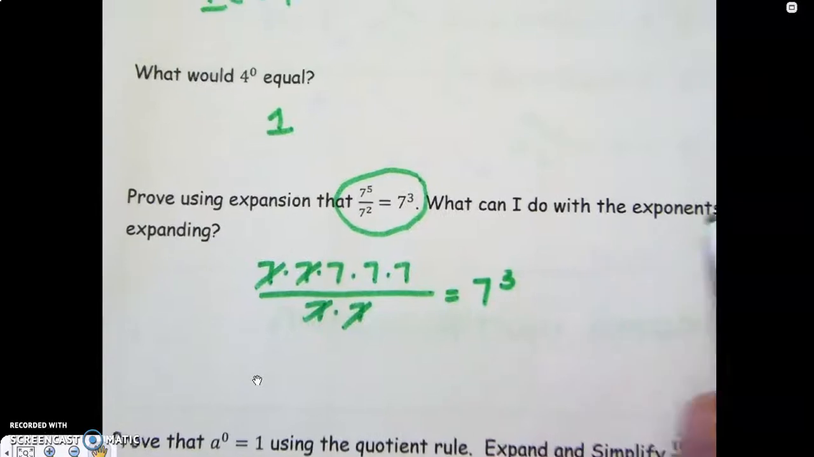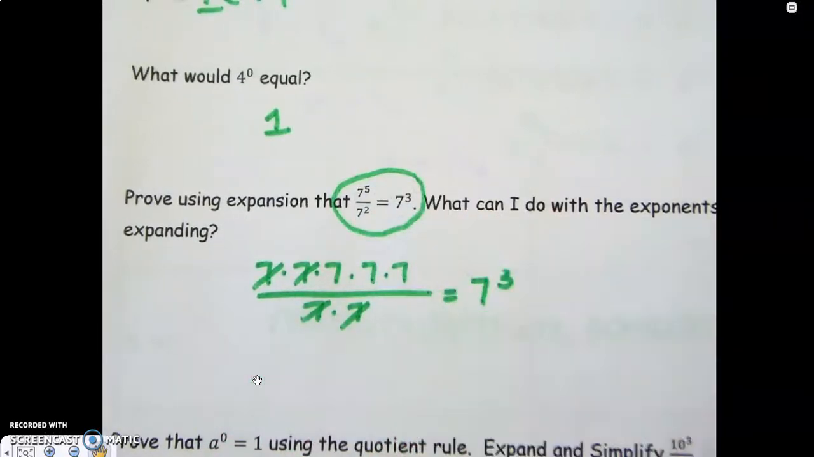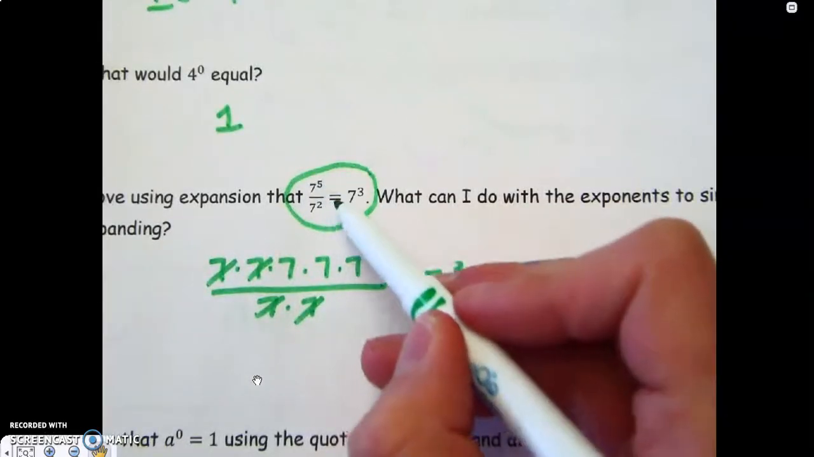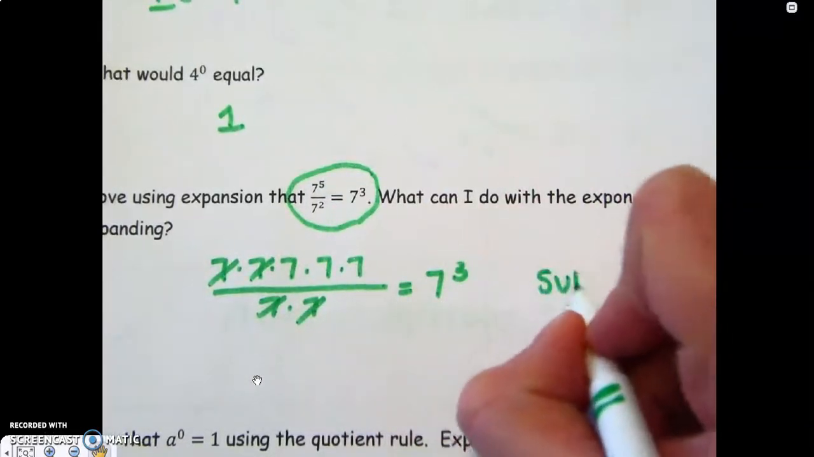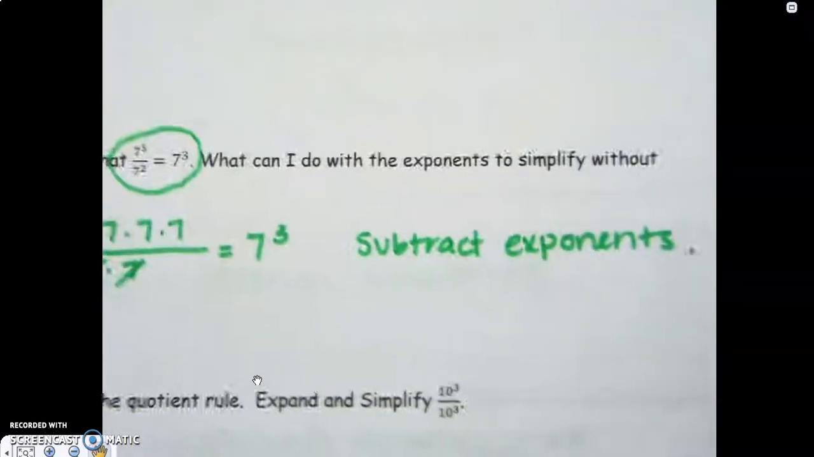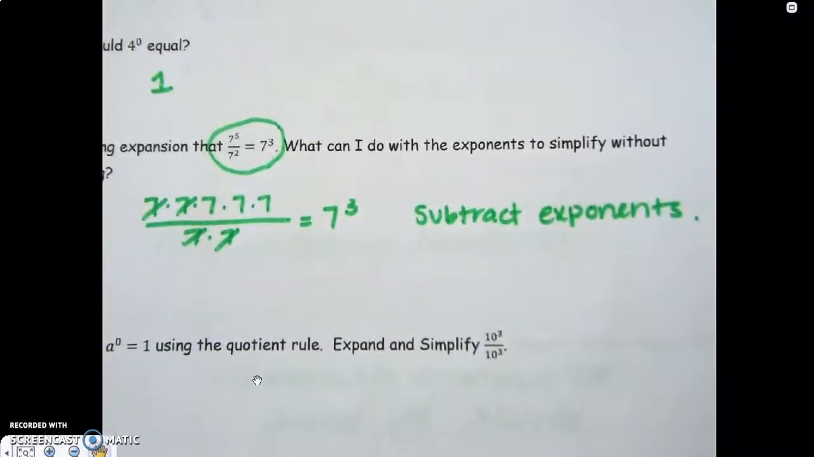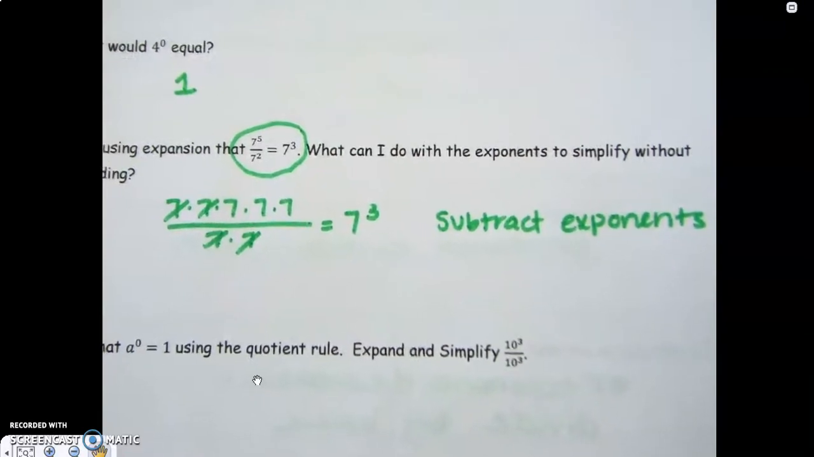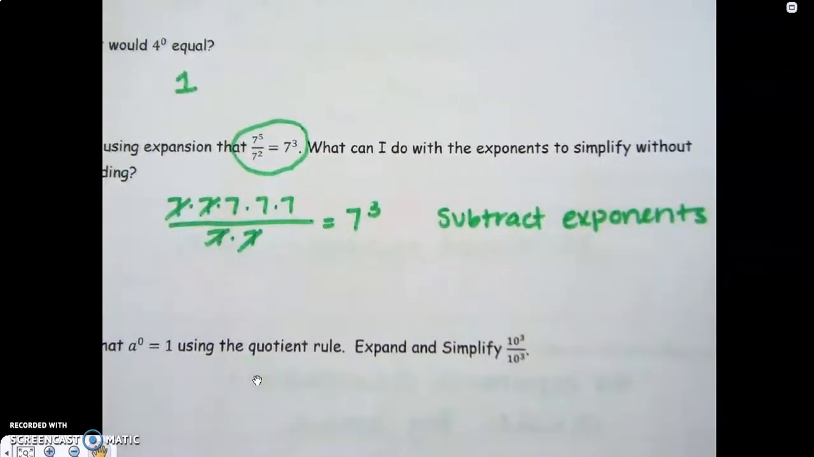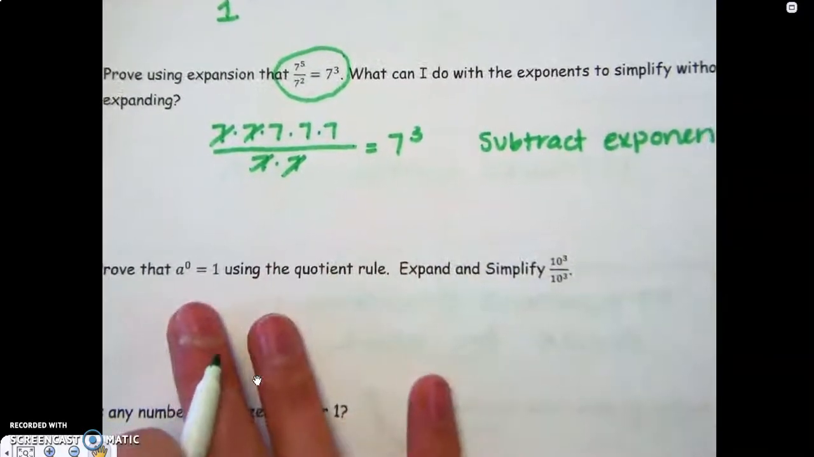Then I asked, what can I do with the exponents to simplify without expanding? So what's the pattern here? What do I really do with my exponents to simplify them? Well, if you notice, 5 minus 2 is actually 3, so you can just subtract exponents. Okay, so that's like the quotient rule. We don't really talk about rules, but when you expand them, that is the shortcut way. Expansion is always a way to ensure you're right and to prove answers, but subtracting is the trick. So now using that idea, let's prove that a to the 0, which means a could be